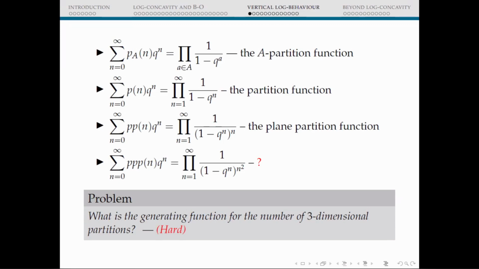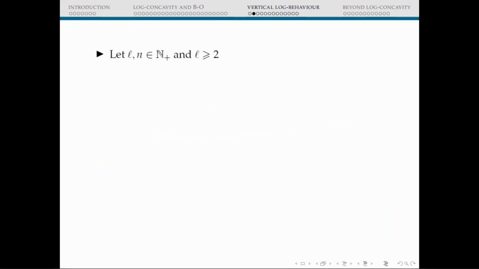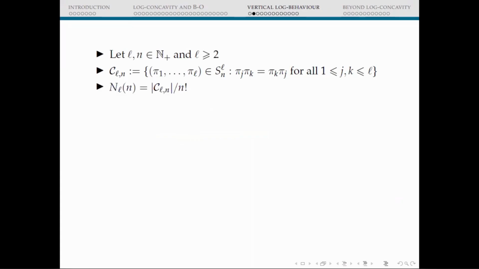So one can ask, you would like to have some extension of the partition function, but something that has a nice combinatorial interpretation. It turns out that we do have some kind of that object, namely we need to go to permutations. So let us assume that L and n are positive integers, greater or equal to 2. And we define the set of L-tuples of pairwise commuting permutations. We define the number, the cardinality of this set divided by n factorial,